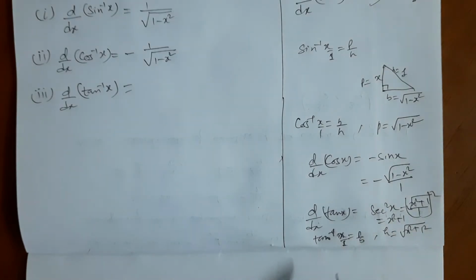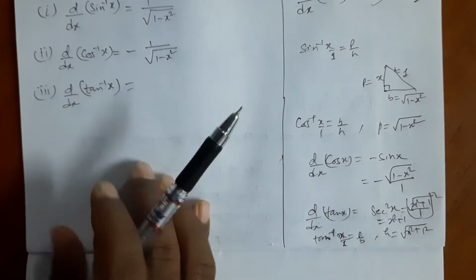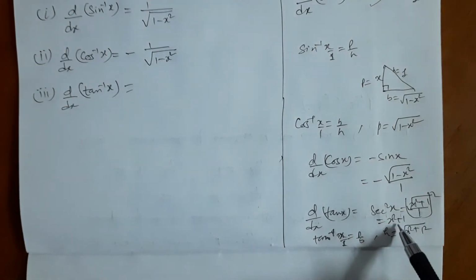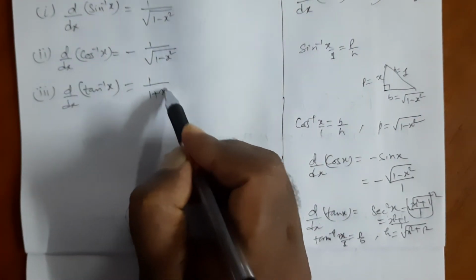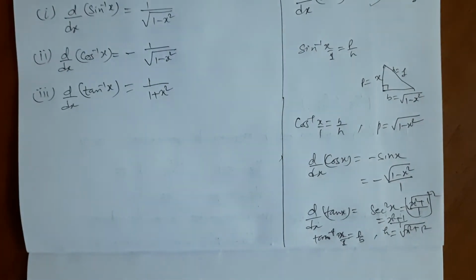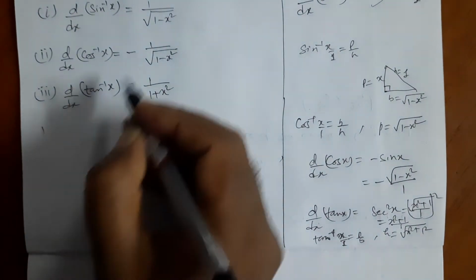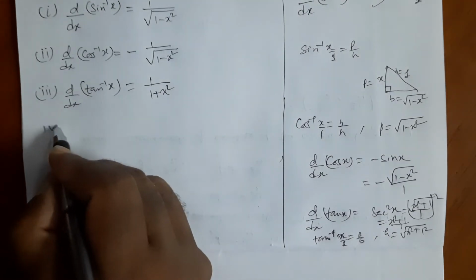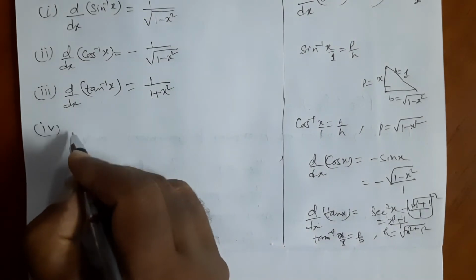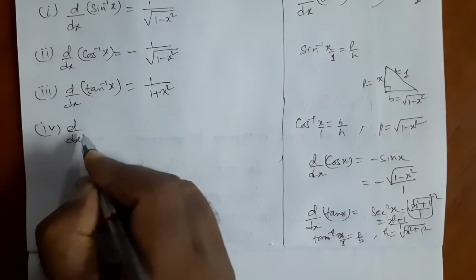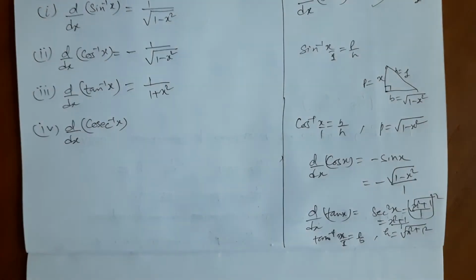Okay, so now inverse means you think reciprocal. Reciprocal means just 1 over this, so 1 over 1 plus x square is the formula of tan inverse x. Similarly for these three formulas we can remember them directly also, because these are quite easy, but when it comes to d by dx of cosec inverse x, that is a little bit lengthy.